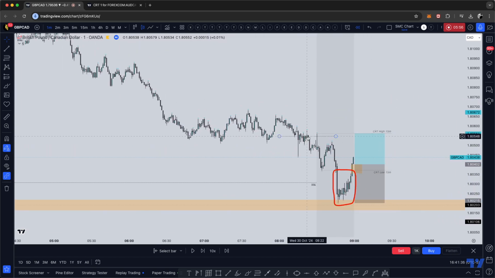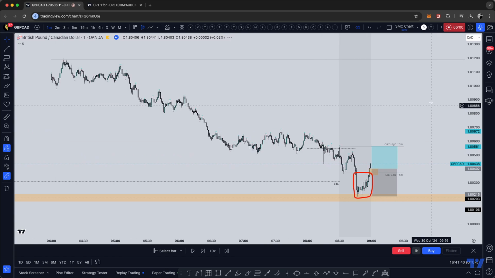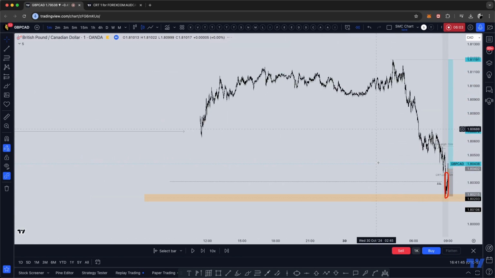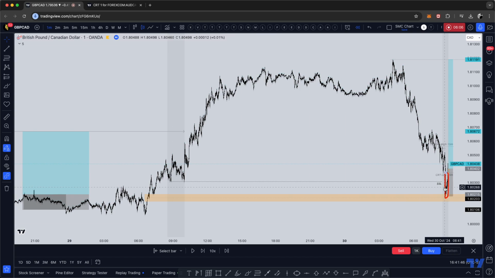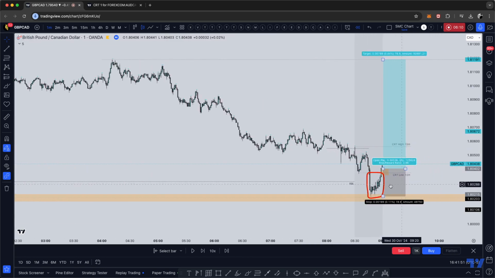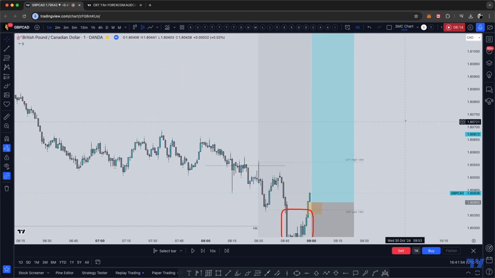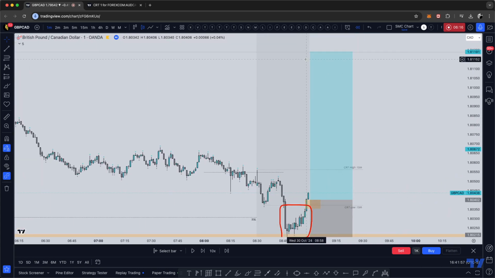Besides just trading that CRT range, the idea is probably to go all the way to the top, right? Because now you understand where you spotted that, and you're trying to go with the order flow. You want to try to catch now that potential reversal, okay? So I know that right here,